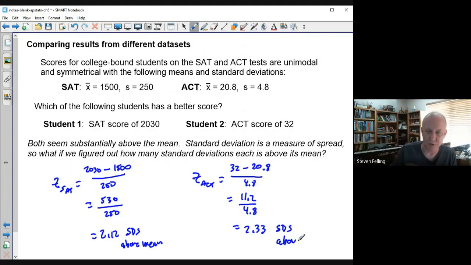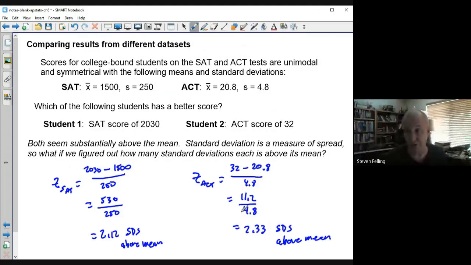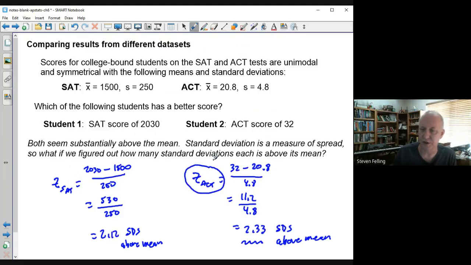Right, so while both of these students are better than average, and in fact way better than average, almost to the point where we would consider them outliers, this student is further above the average than the SAT student. So if we were just using this criteria, we would admit the ACT student because they're further above